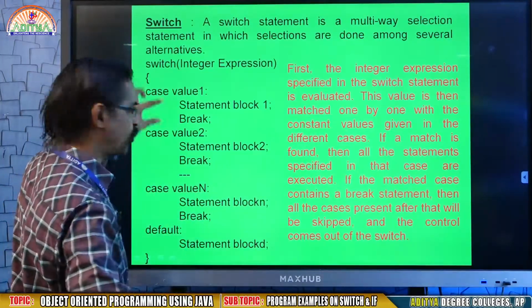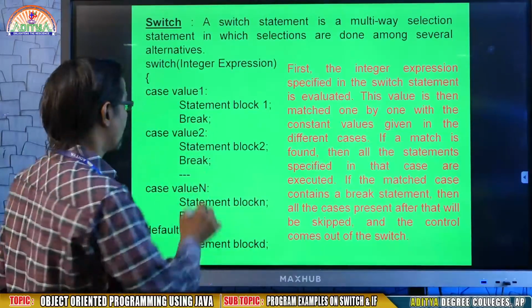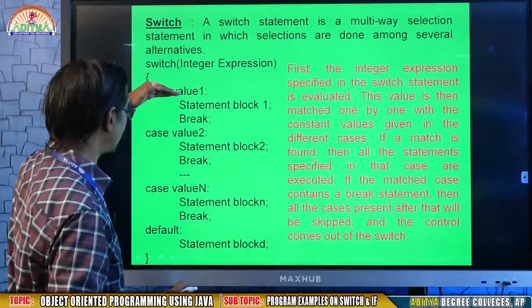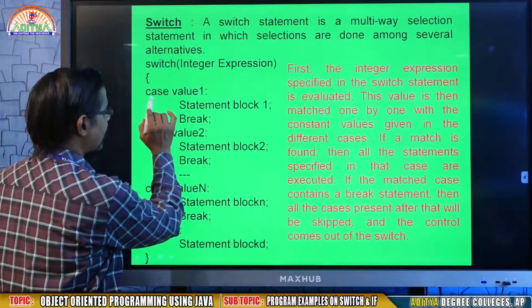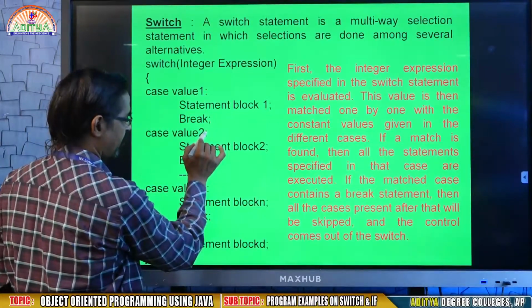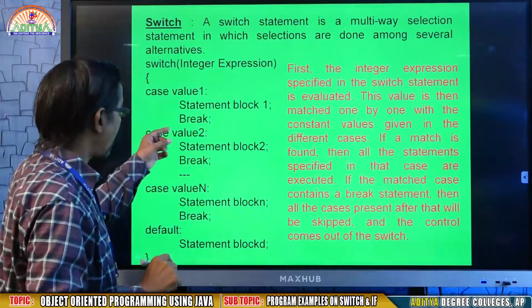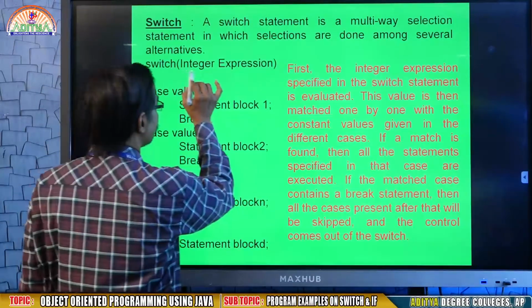So you may write any number of cases. Those cases are called several alternatives. Which case is executed? That is important. Assume I have 10 cases. At the end of every case there will be a colon. So how is the particular case executed? That depends on this